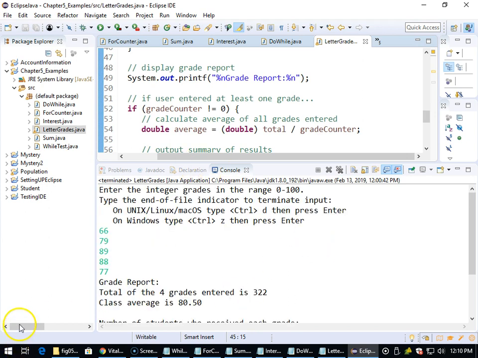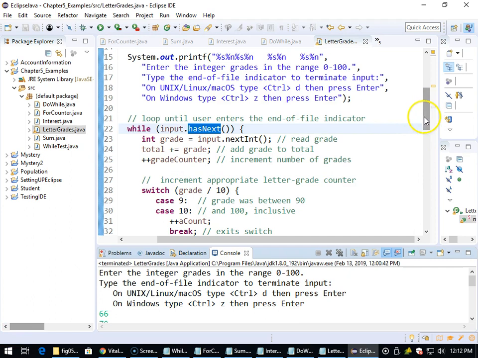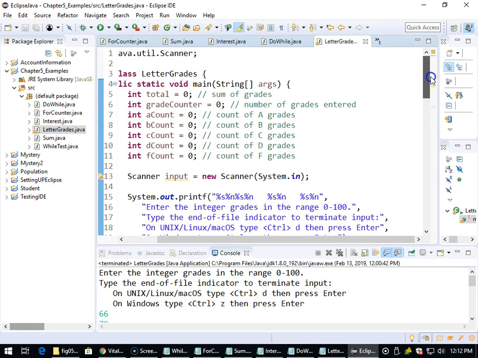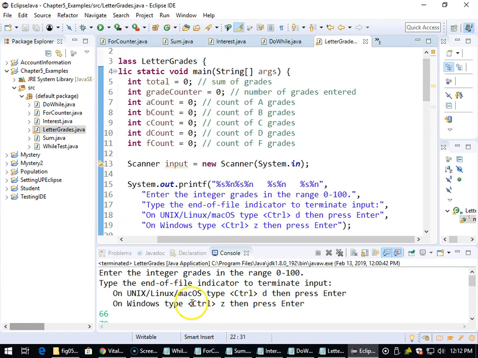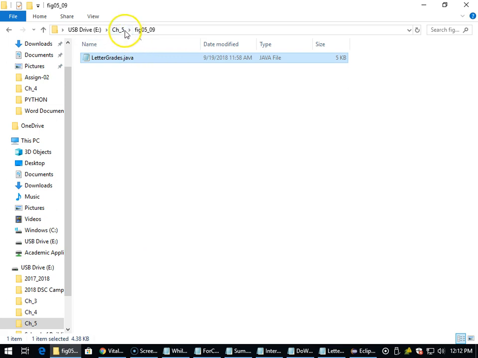All right. Let's add another example. So everybody good with the switch statement? I've shown you how to go through the switch and input your values. Let's take a look at